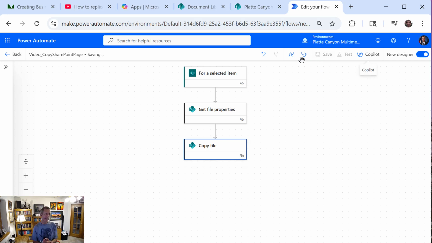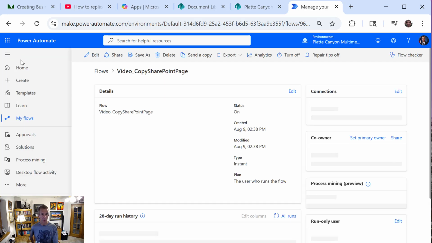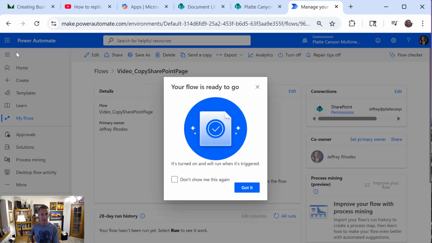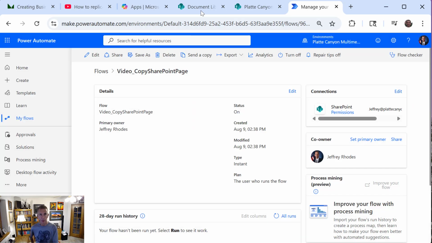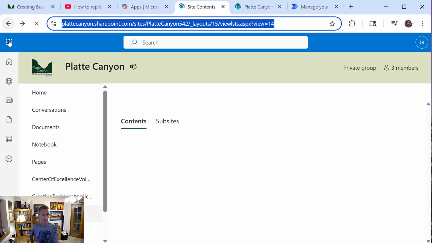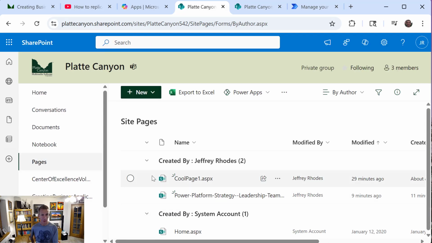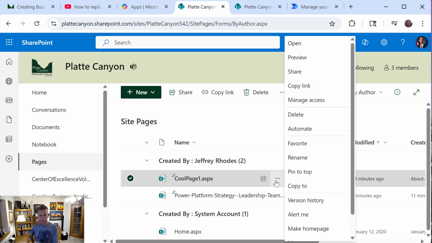And this is one we can't really test from inside of Power Automate because we got to go back to the folder, to the site library, and refresh and select the file and so forth. So let's try it there. We'll come back. So we're back in here. So we can go site pages. And let's just try that cool page. So we can select it or we can click this 3 dots here. Either way, let's see if we can find,